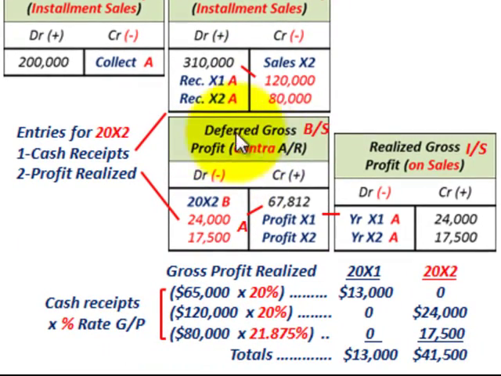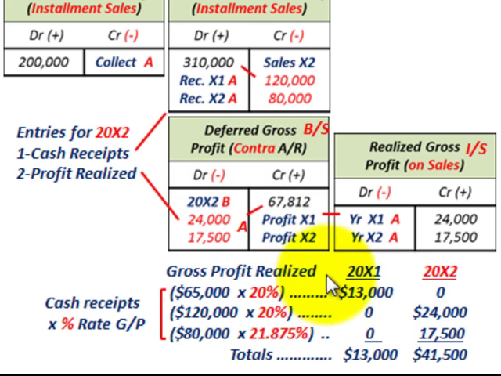Okay, now moving down to our deferred gross profit contra accounts receivable account here. Remember, this is a contra account, so we would credit that here for our deferred gross profit that we calculated for the second year, $67,812. So that's what we calculated here. So credit our deferred gross profit by that amount here,